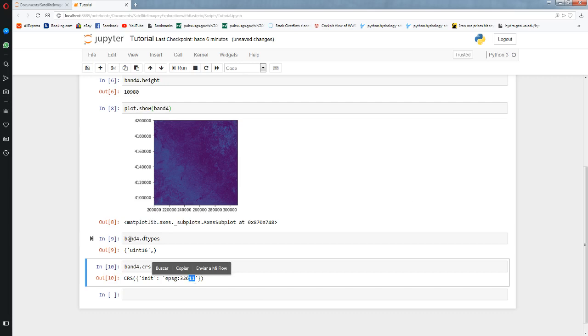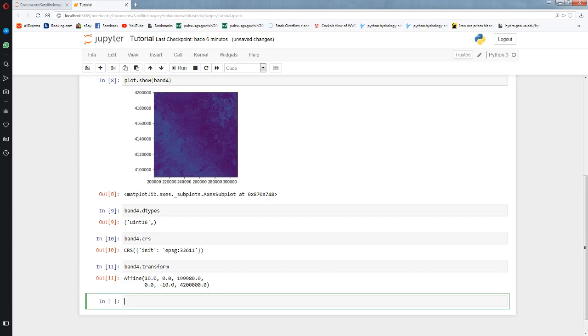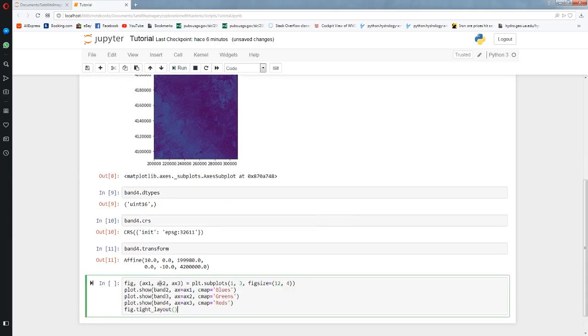Okay, and then there is another one: the transform parameters for this raster. These transform parameters are very helpful when you want to convert a matrix array into a raster. So if I run it, these are the transform parameters. Okay, great. I am going to type here a matplotlib script